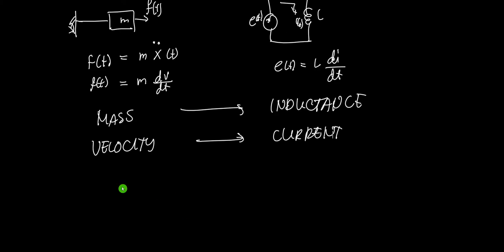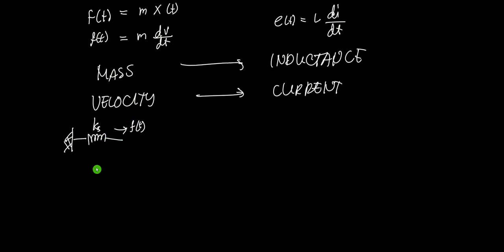So let's look at the spring. If we have a spring here, and I apply a force F of t, and it's a massless spring, so this will be Ks. Now, what will be that F of t? F of t will be just equal to the force due to the spring, and that is just equal to Ks times the displacement